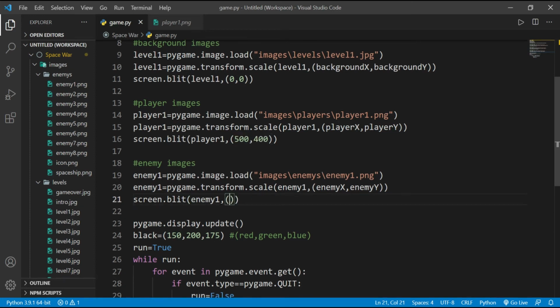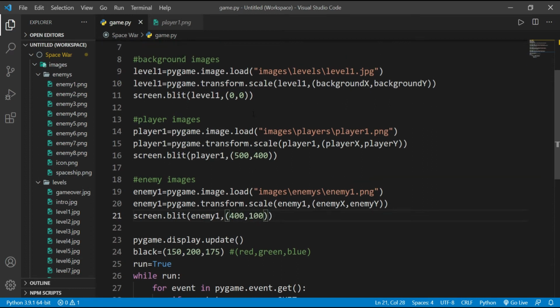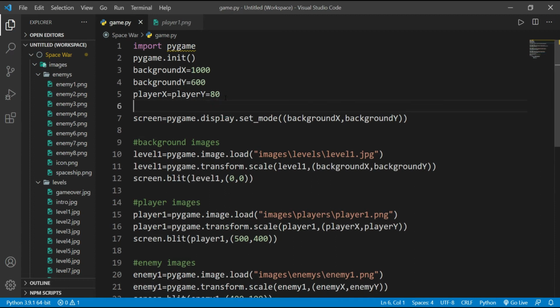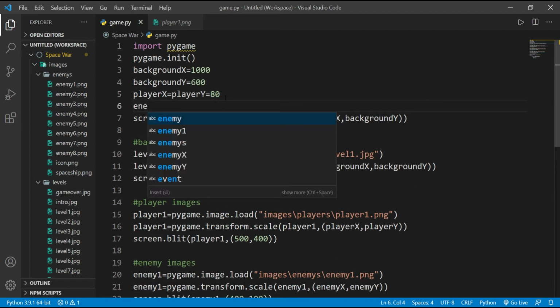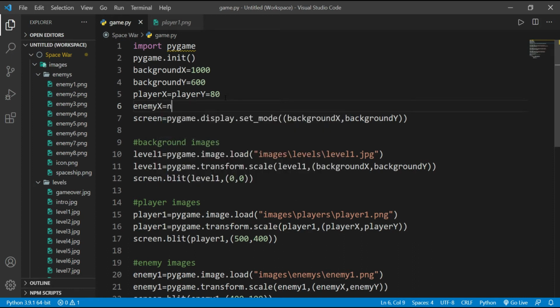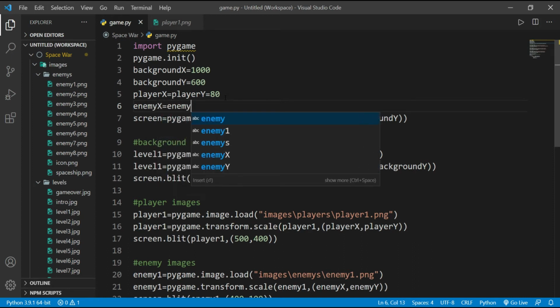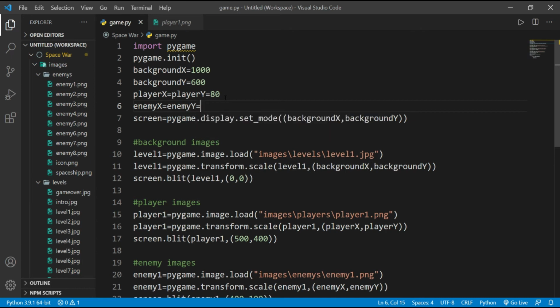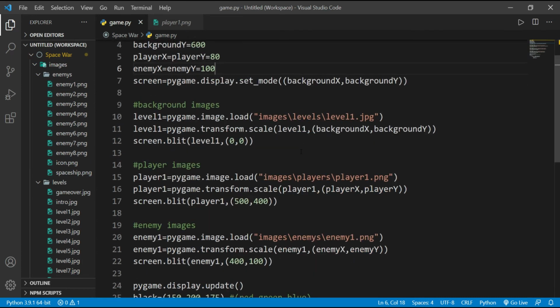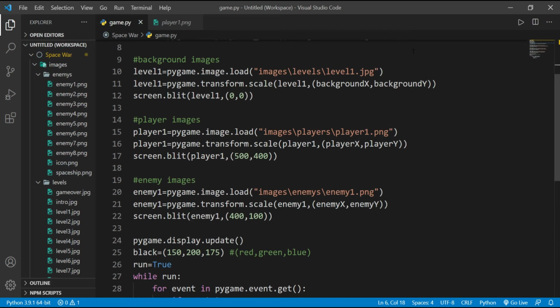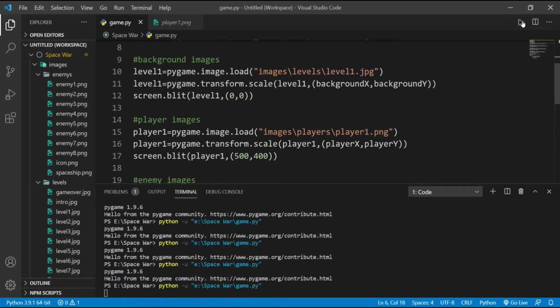And again I am just removing this since I don't want my enemy at the same position as that of player. And here we will write enemy x and enemy y coordinates will be same. Enemy x is equals to enemy y is equals to 100. So I will set the size of enemy to 100 pixels and run it again.